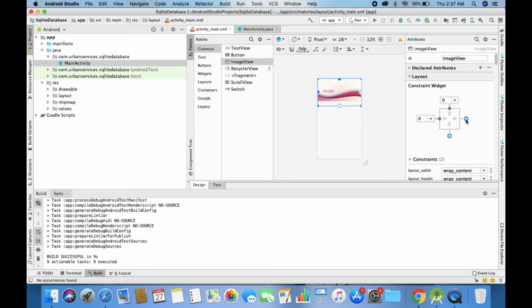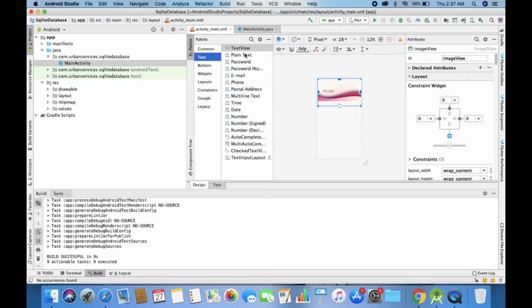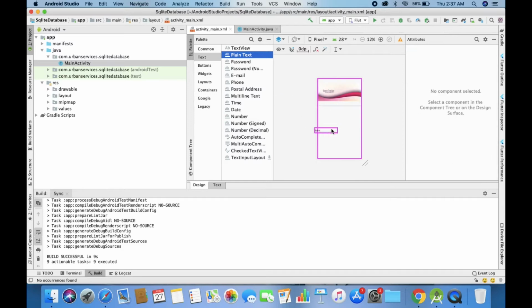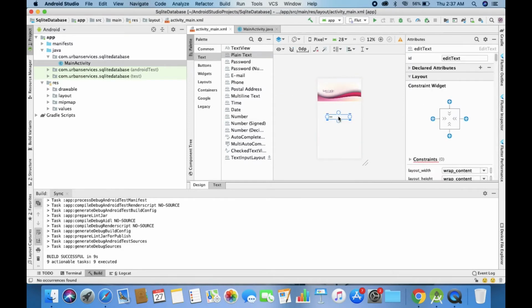Now I'll provide all 4 constraints to it. Just look at the design view. I'm pressing these buttons, and this way I introduce the constraints from 3 sides. I'll leave the 4th one free. Then I'll introduce the 4 edit texts, because I intend to take the name, mobile, email and the password from